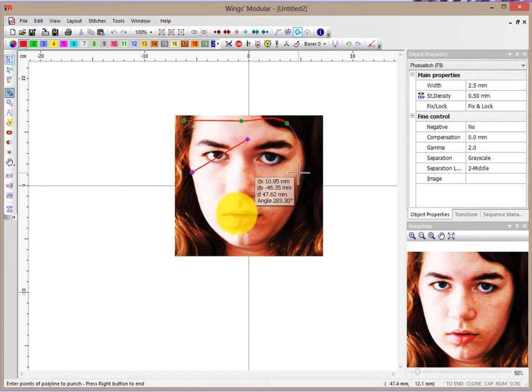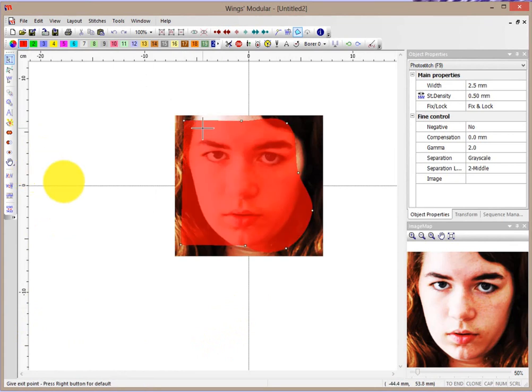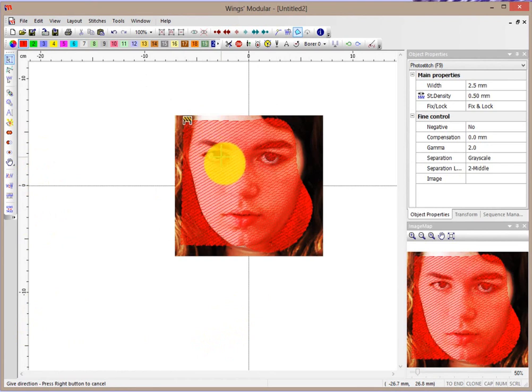If you want to have a rounded shape, you can, or if you want to have a square shape, you just hold your shift key down, and then you can put in corner points to square up your shape however you want it to look. Anyhow, kind of goofy, but that's the shape we'll draw. Right click to finish, right click to let go, and you can see that it enters the sort of stitches